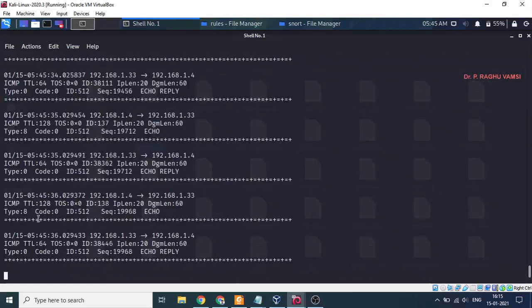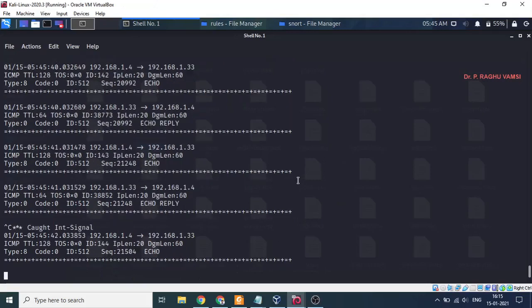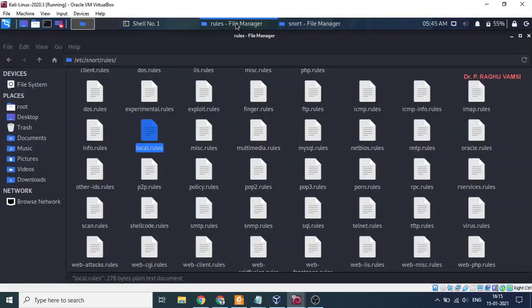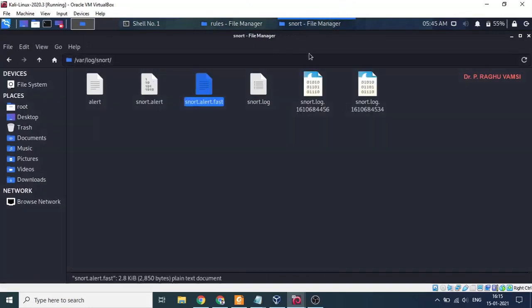So here we are getting the reply and all. Now what we'll do is close this. Under the logs, we'll see alerts, nothing was there, and 1.5 KB was created here. snort.alert.fast. Let us see in this snort.alert.fast.